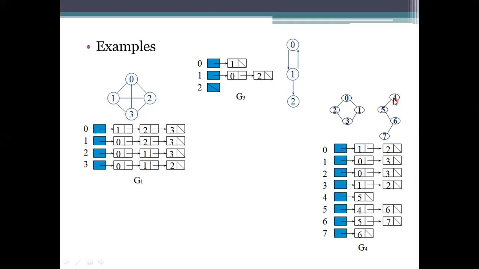So here, how many edges are there? We have 3 edges. These 3 edges will be specified as double of that. So how many list elements will be there here? The list elements here will be 6. Okay. So double of that will be represented.